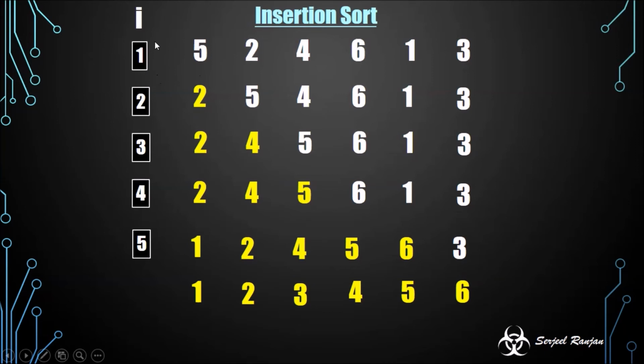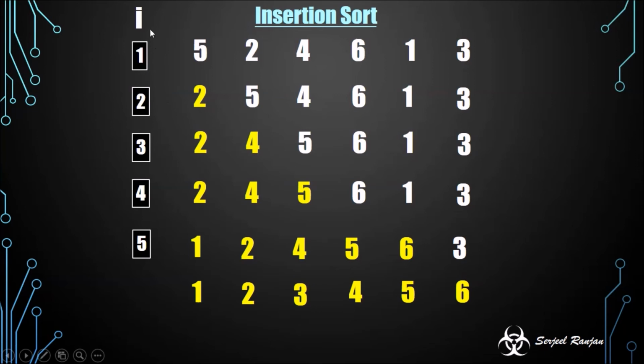Okay, let us see. Initially when the value of I was 1, which means we are pointing to value 2, we will try to insert this value 2 on the left array. Okay, and now on the left array we are only having a single element 2. Now this 2 should be kept, 2 is smaller than 5, so 2 should be kept on the left side of the 5, and as you can see on the second line, 2 has come to the left of 5. So we successfully inserted 2 to its respective position.